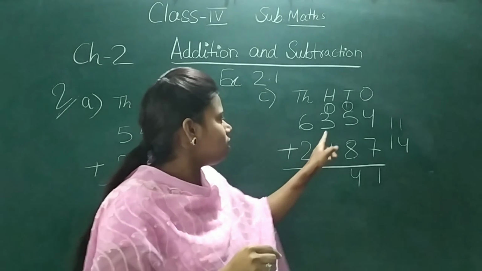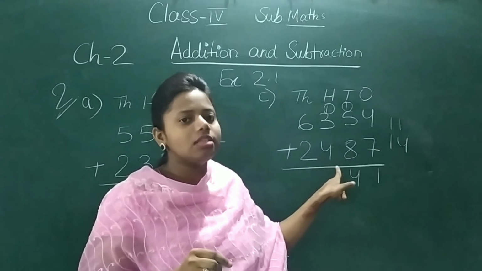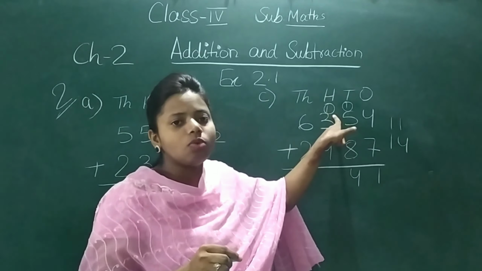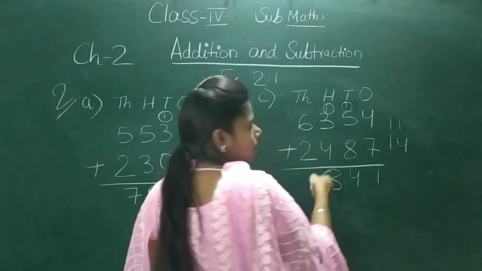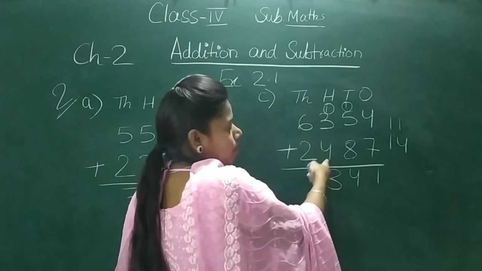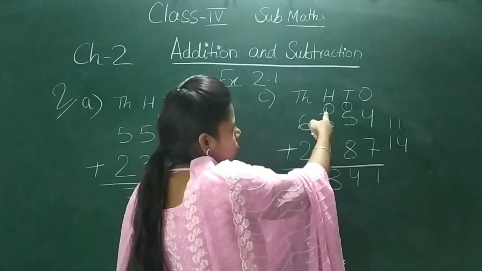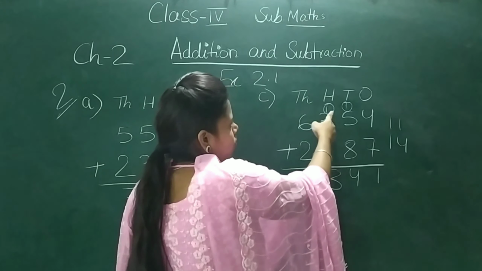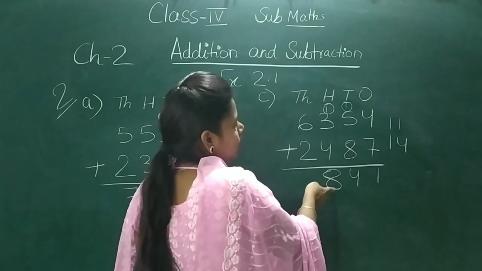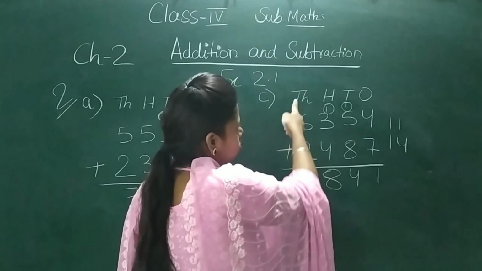Okay. Now let's add this 3 plus 4. 3 plus 4 will be 7, and 7 plus 1 will be 8. Okay, how did it come to 8? 3 plus 4 is 7. Then you add the carry number, whatever carry we have got. So 7 plus 1 is 8. Now 8 is a 1-digit number, so it will not give carry to the next one, to the thousands place.